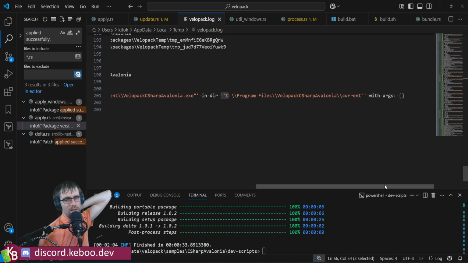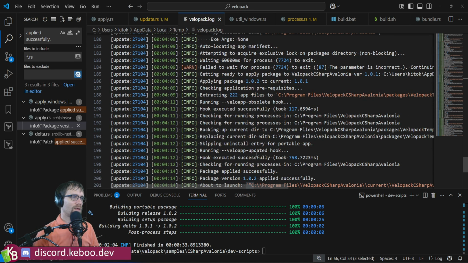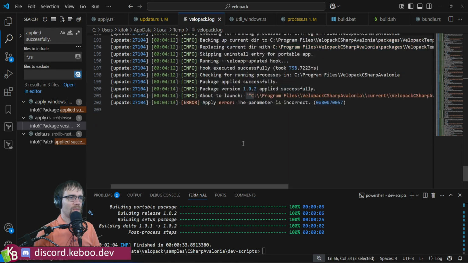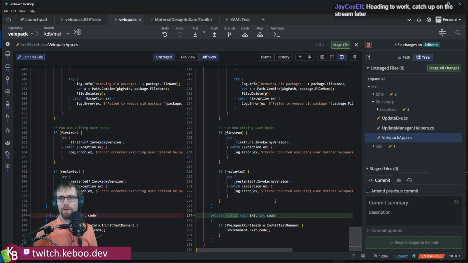Yuck, yuck. Okay, so short version is we've got to get the restarty bits working here. I also wonder if this is supposed to look like this. I don't know. I don't think so. May end up having to add more logging into this to be able to track it down because I don't see it. I don't see it. We're going to commit before we do